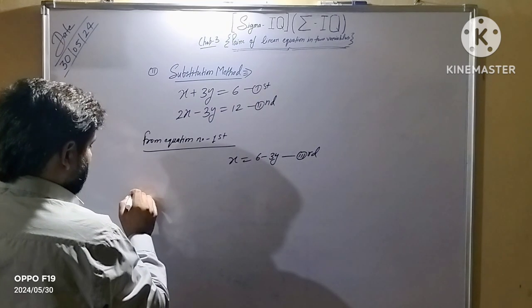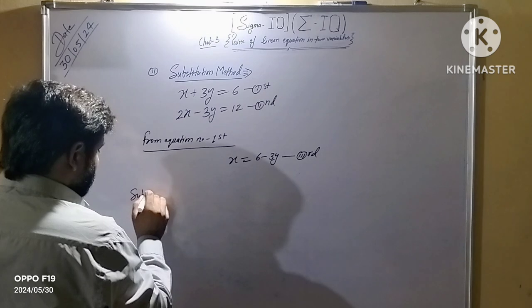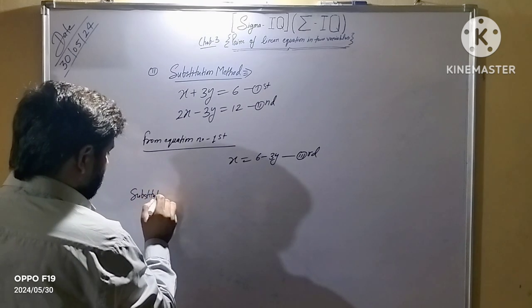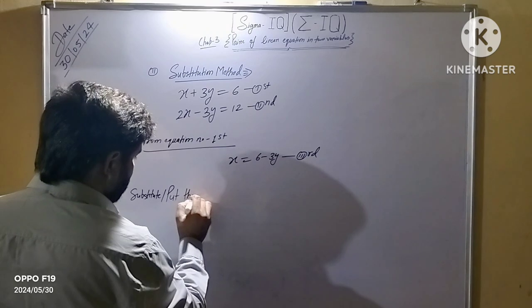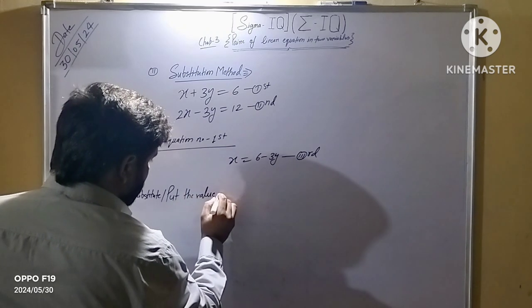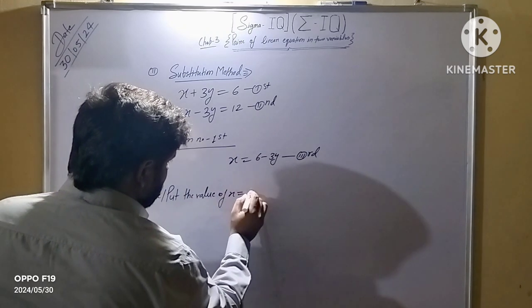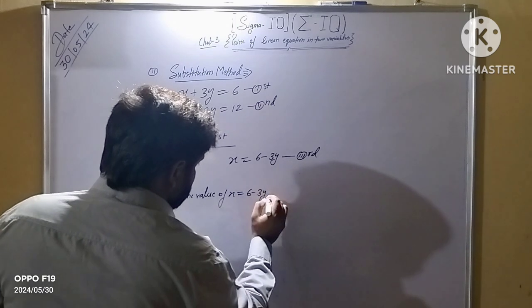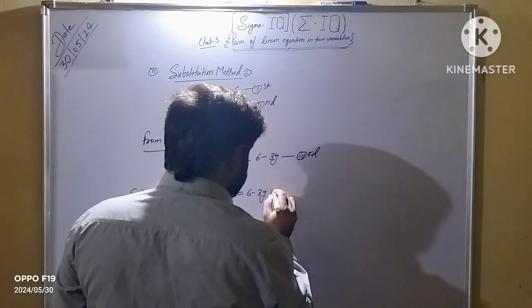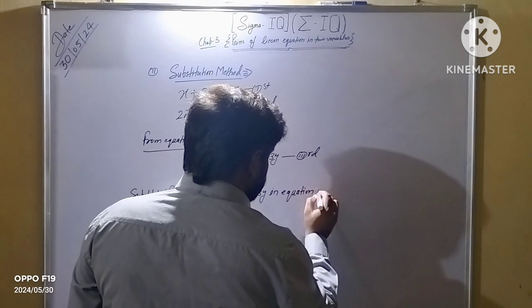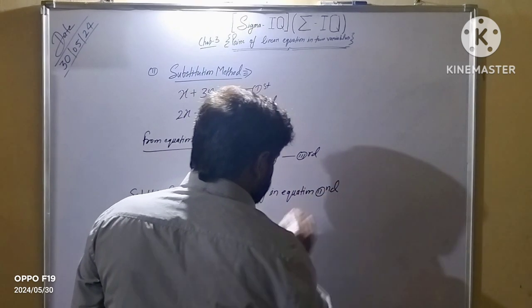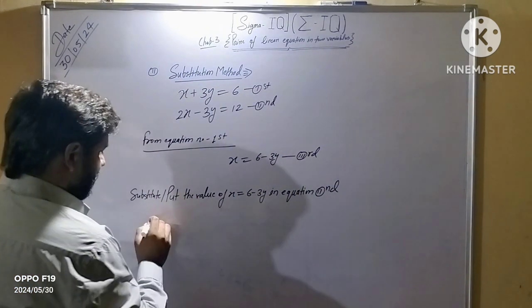So write here, substitute or put the value of x equal to 6 minus 3y in equation number second. Then we get